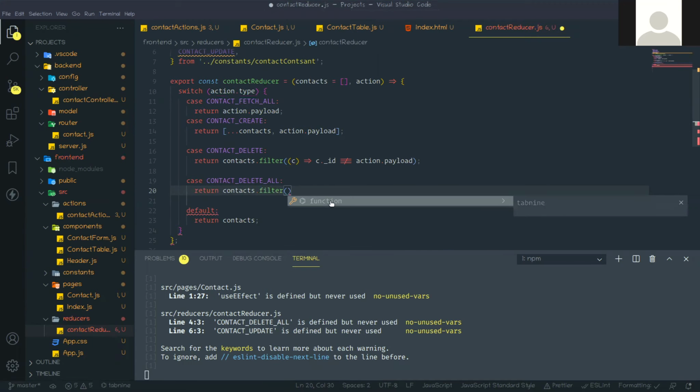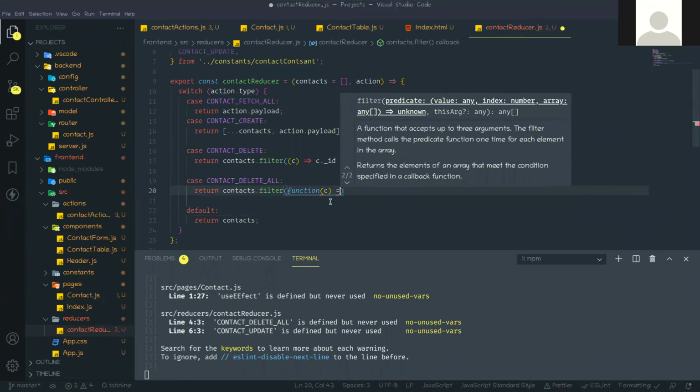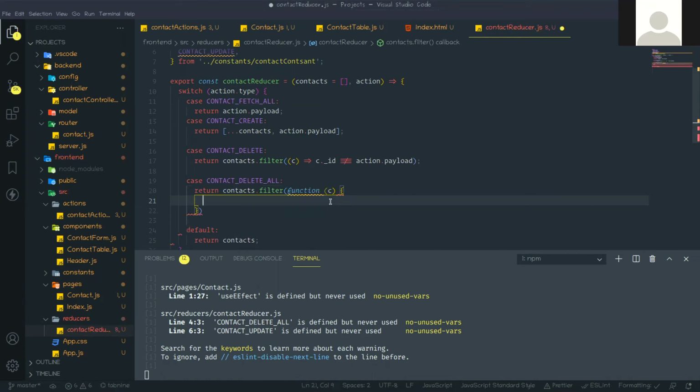Then we can create one function. In this function c will be the individual contact. In this function you can use an arrow function also, no issues.